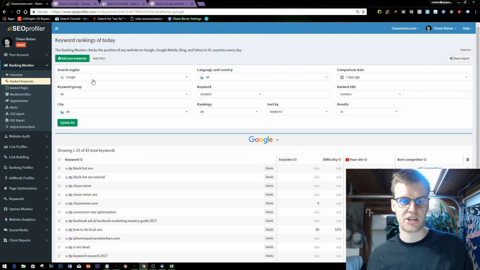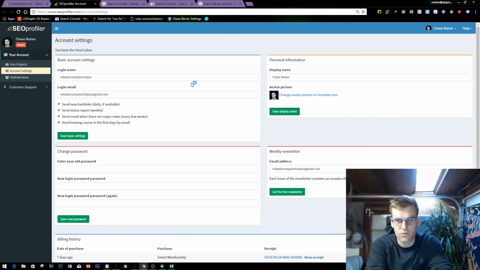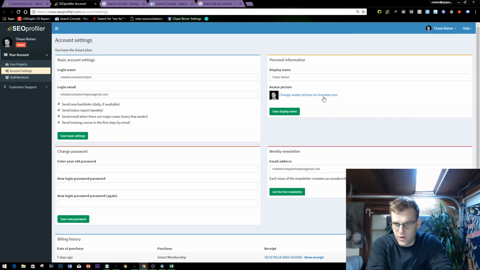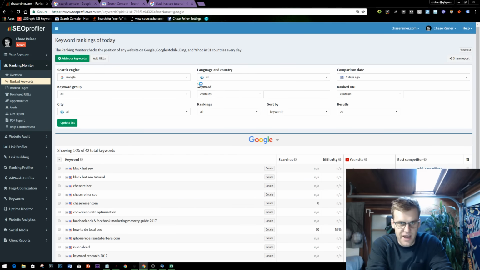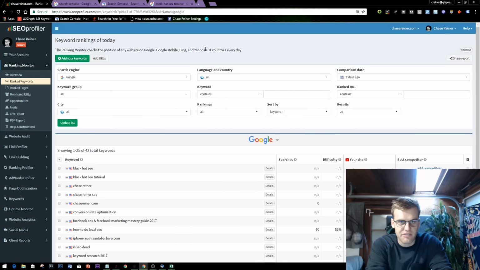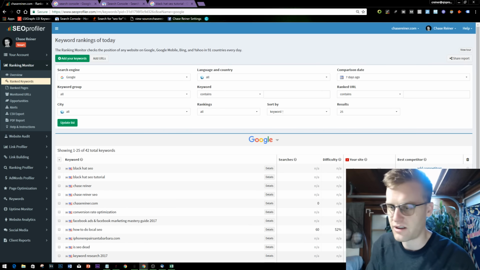So that's how you do the ranked keywords tab, and that's how you start tracking that, or at least start putting keywords in there. And now, like I said, you're only going to be able to get, based on your plan, a certain amount of keywords. So you'll see the Smart membership has like, I don't know, I think 1,000 keywords. You can get away with the basic plan, which only has like 40, I think it's only $49, and I still think you get a good amount of keywords. I don't know the exact amount, but